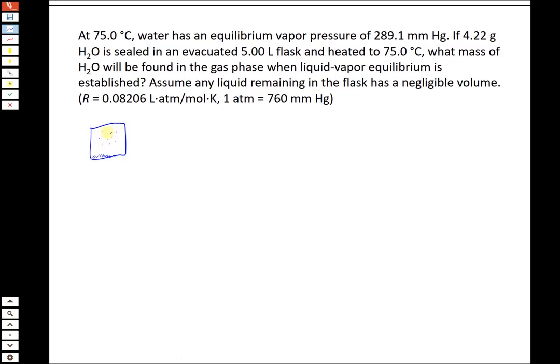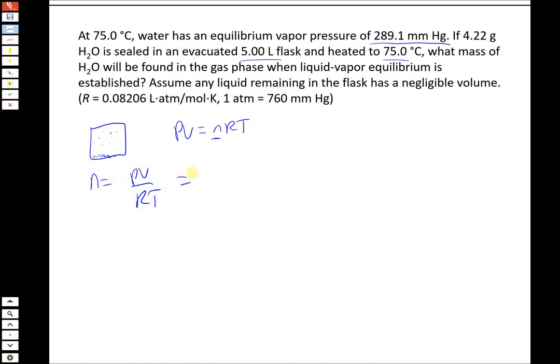And we know the pressure of that water vapor, we know the volume of the container, and we know the temperature. So just like we did in Chapter 8, let's calculate how much water vapor, how much gas that it corresponds to by using PV equals nRT. Water vapor is not exactly an ideal gas, but this equation will still work pretty well, and we can use it to figure out how many moles of water are in the gas phase and then calculate the mass. So we're going to start by calculating the moles of water, which is PV divided by